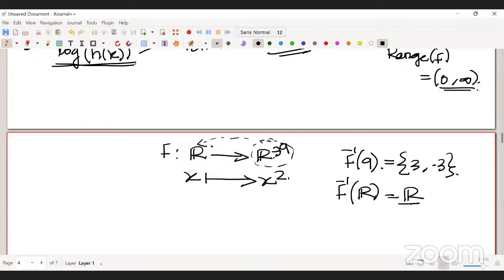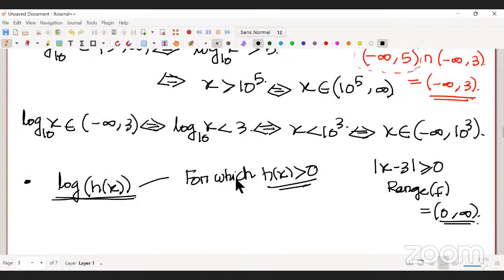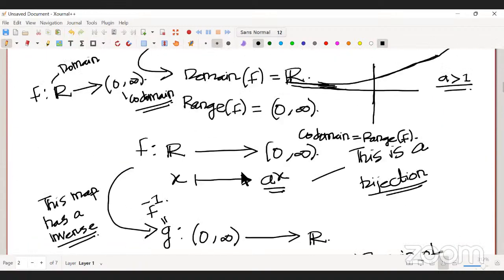It says certainly 3 minus 3 is a subset of your domain, but it's not equal to the domain. So pre-image is sort of relative. It's a local thing. You can talk about pre-image of an element in the codomain. So domain is something different. Range is different. Codomain is different. So in this case,